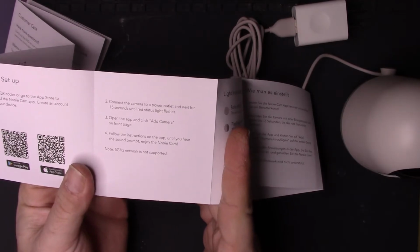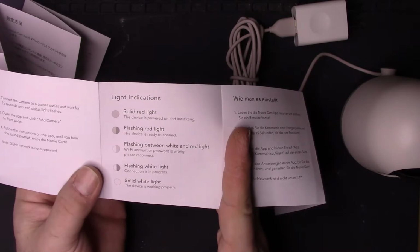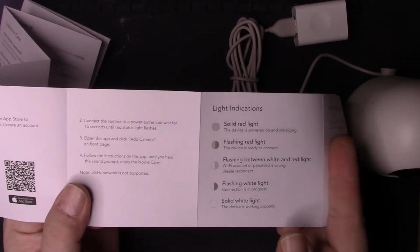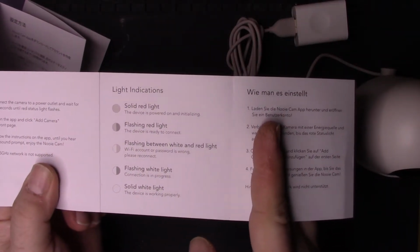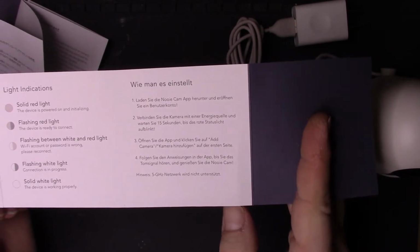We're going to plug it in. We're going to wait 15 seconds. We're going to add the camera through the app. I'll show you that actually. We're just going to skim the manual here. Our light indicators: solid red, flashing red, and then all the rest is in